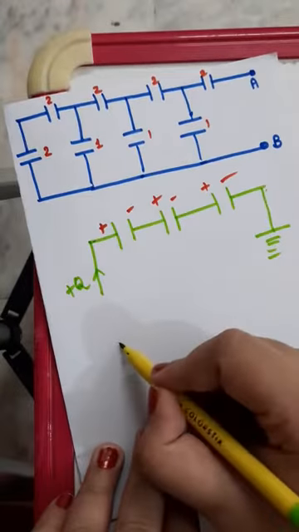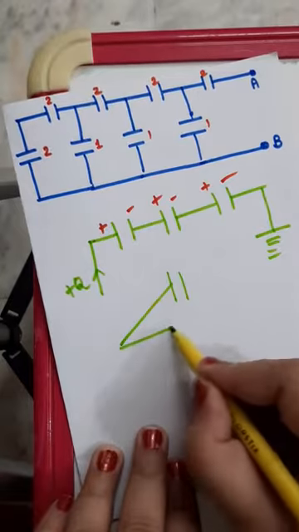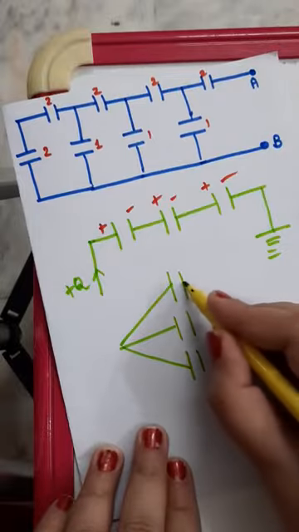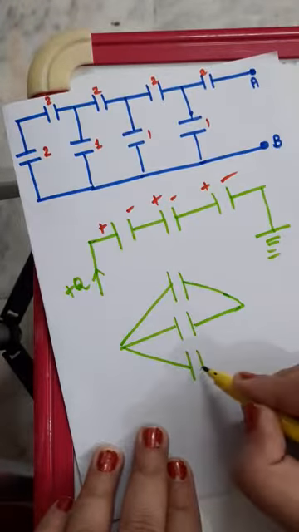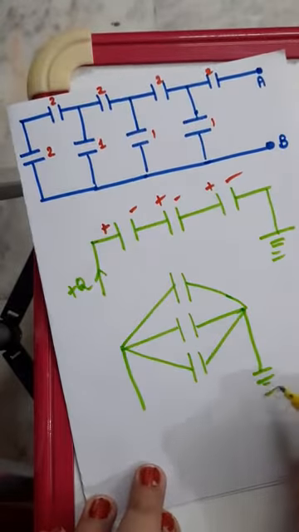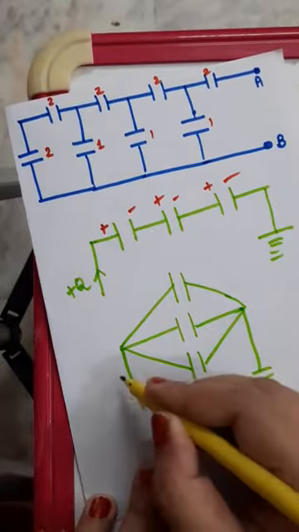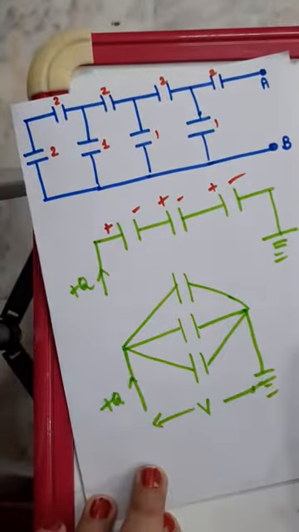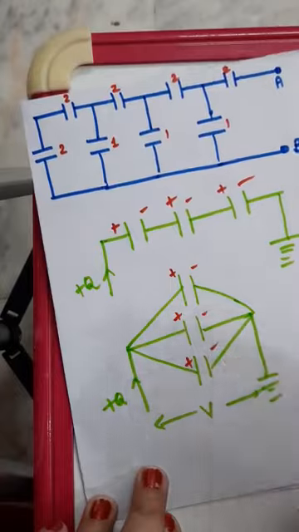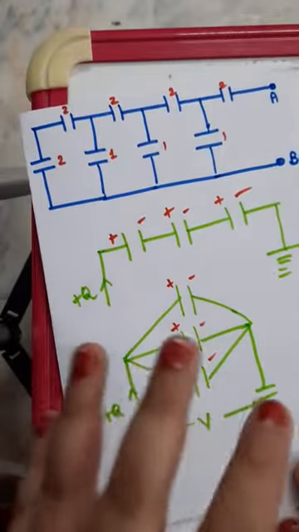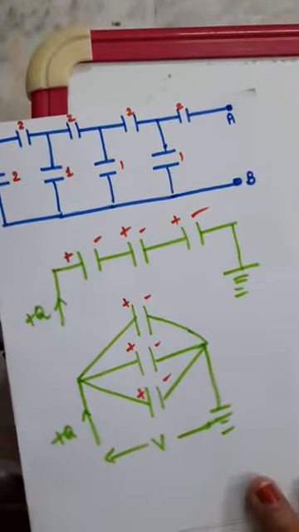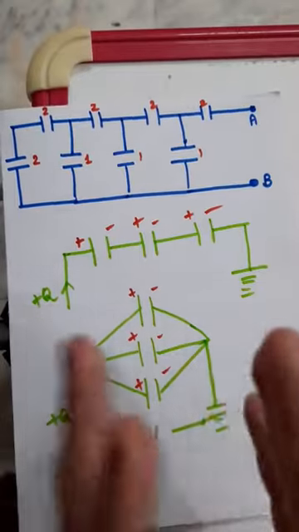And when capacitors are connected in a parallel combination, then their left plates are connected together and their right plates are connected together. Here we have a potential difference like this, and from here we give the charge such that all the left plates are positive and all the right plates are negative. So this is a parallel combination of capacitors and this is the series combination of capacitors. Keep this in mind before solving this question.